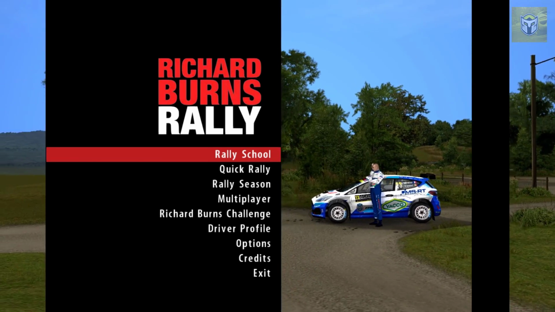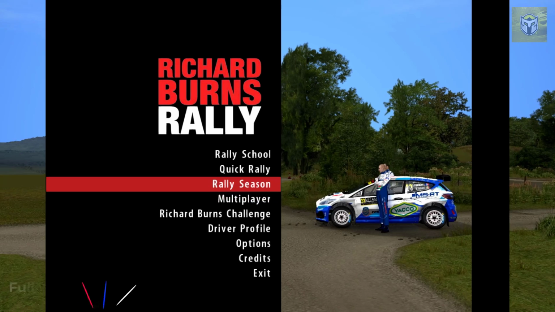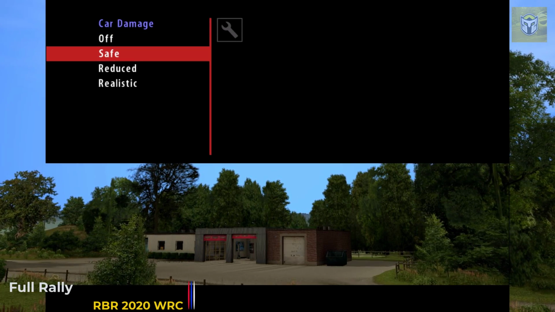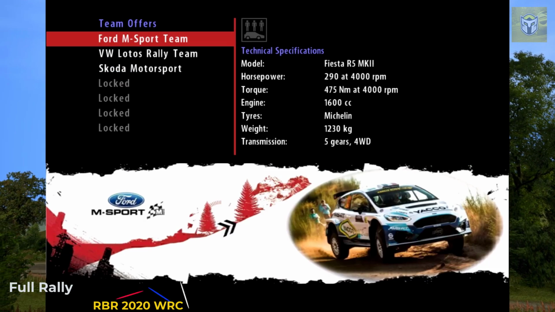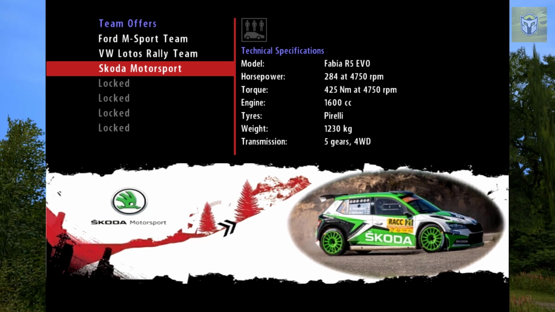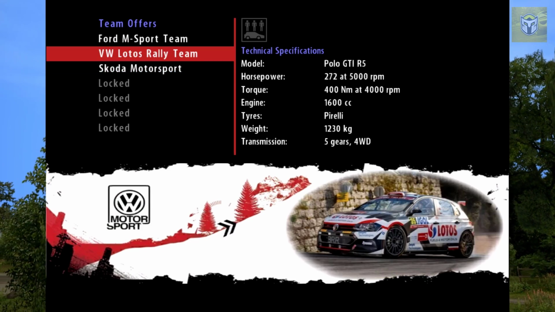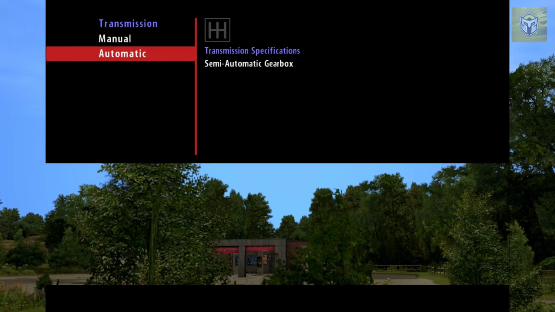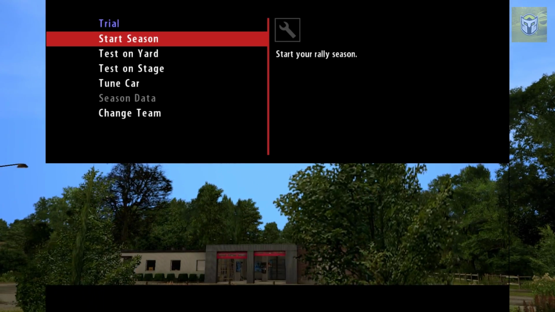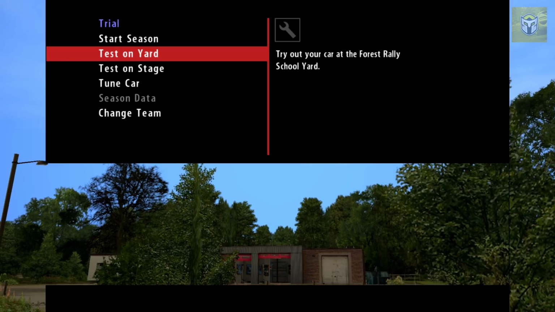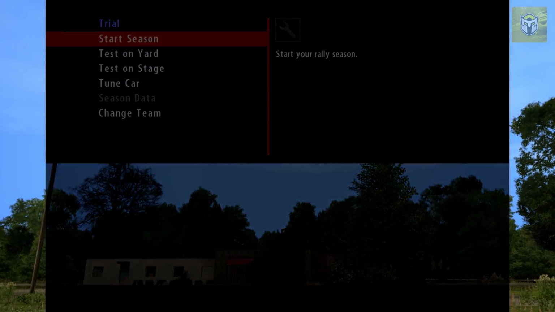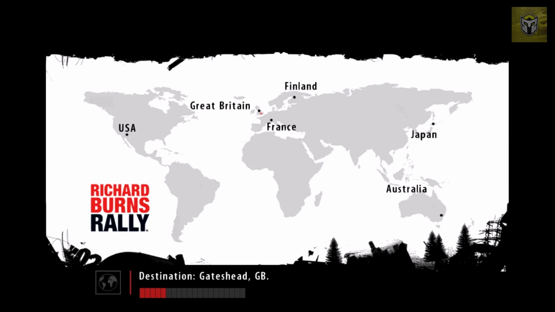So I did mention that this has got a full rally season, so let's have a quick look on that. So I've gone through rally school, and the first thing you can do is choose how you want to drive. So I'm going to go rookie, and also you choose what kind of damage you want on the car. There's 3 different teams that you can choose from: Ford, Volkswagen and Skoda, but the others do unlock. Obviously you can have automatic or manual or semi-automatic, and then you can test on yard, test on stage, tune the car. You could also change team, but if I start the season, you'll see this loads up really quickly,